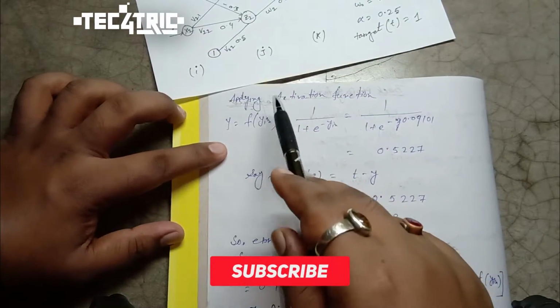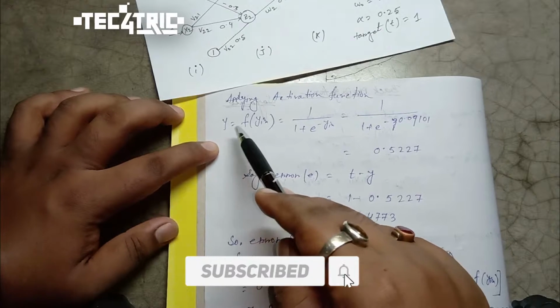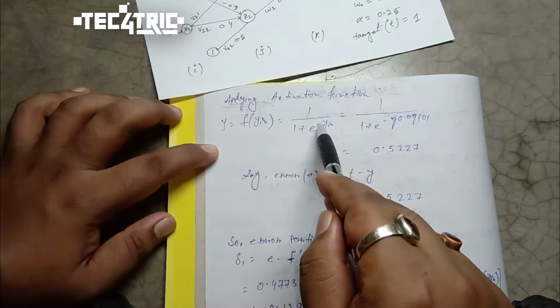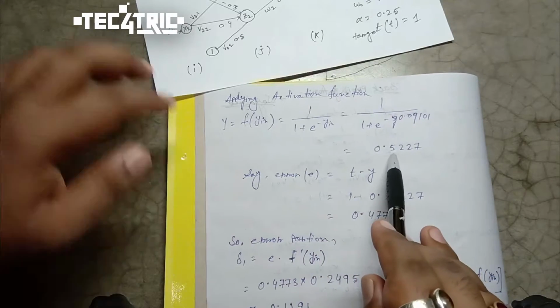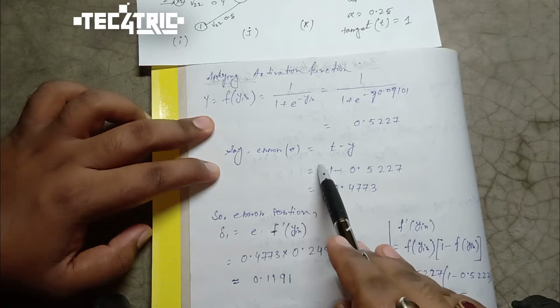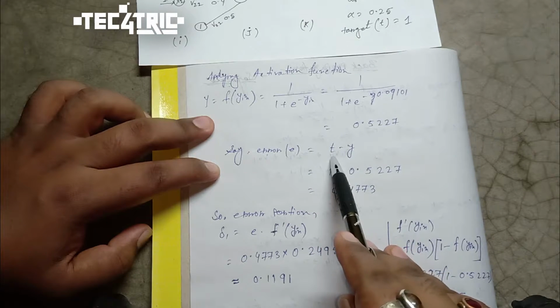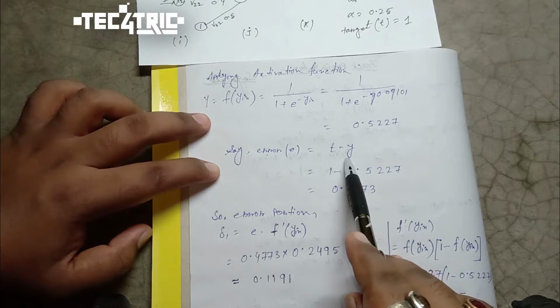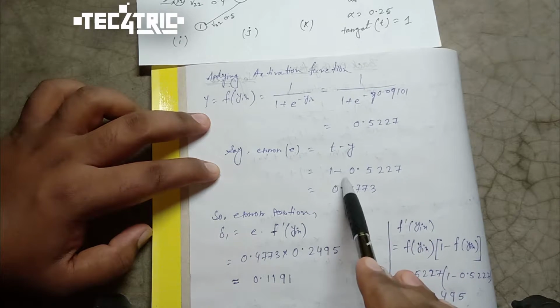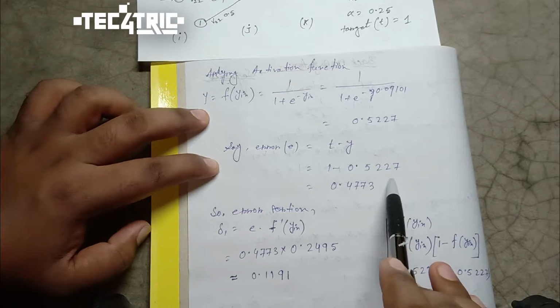So y equal to f of y input, which is 1 by 1 plus e to the power minus y input, and it will be 0.5227. Now let's say the error e is equal to t minus y. T is our target and y is our calculated output. So 1 minus 0.5227, so we got